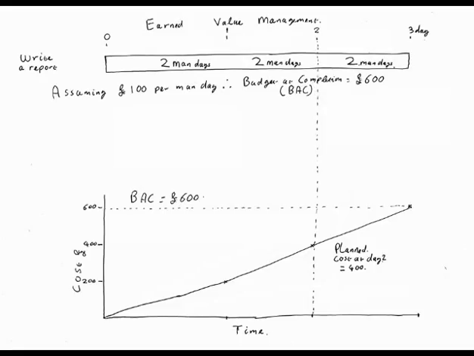So the next question is, take day 2. What's my planned cost at the end of day 2? How much are you planning to spend? £400. So that's my planned expenditure at the end of day 2. Now the trick with earned value is we use that to measure both expenditure and our progress.